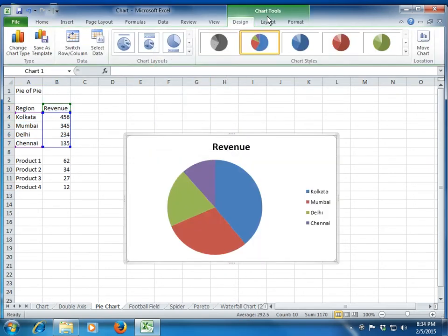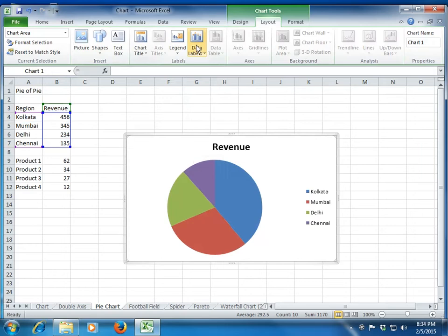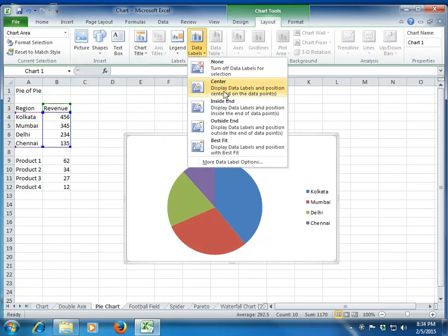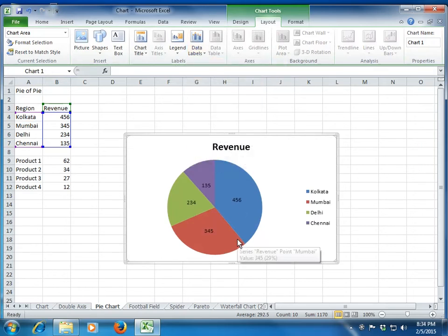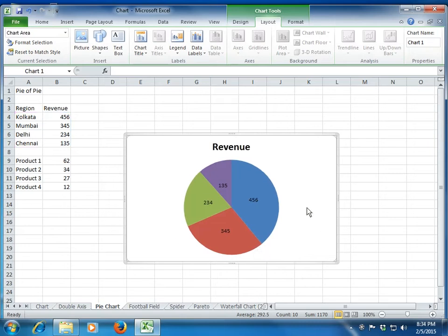If you want the values, you know how to bring values. You can click on data label, and you get your values. Now my question to you here is, if I want this region name also to be there on the pie chart, let's say I do away with the legend, because in a pie chart the legend might look better in the pie segment itself rather than keeping it separately. So now I want this region also to be named here.